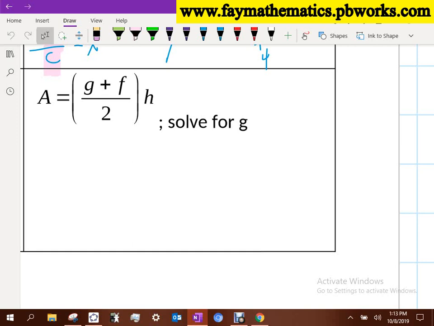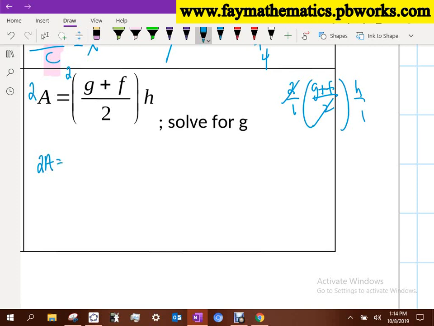Let's do this one. A equals G plus F over 2 times H. Couple things you can do. What do you want to do? Divide by 2? Multiply by 2? If I multiply by 2, I would have 2 over 1 times G plus F over 2, and this would be H over 1. If I multiply by 2, that's going to cancel with that one. That's perfectly fine. So multiply by 2 to that side, I get 2A